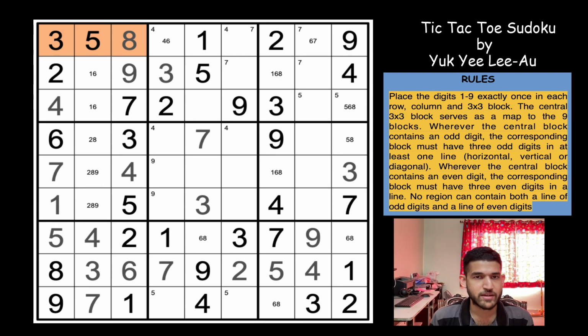So the moment that three of these cells become even, you will only have exactly one even left in the grid, and regardless of whether you put that in this row or this row, you cannot prevent three more odd digits from happening in a line. So let's say you have the fourth even digit here, then all these three would be odd, and that would violate the rule. Similarly,